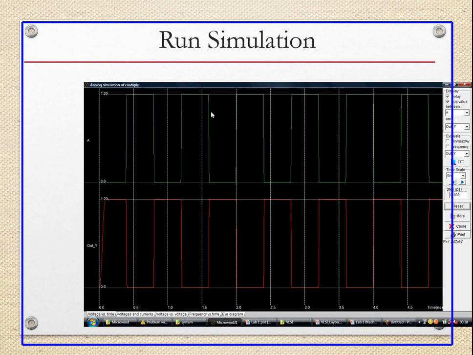This green color waveform is nothing but the input, that is A, which we have applied to the gate terminals of both the devices, and then we can see the output, drawn with the red color, and both the waveforms are exactly inverted because it is an inverter circuit. So when the input is logic low, the output will be logic high, and when the input is logic high, the output will be logic low, and like this the functionality of the layout can be checked.